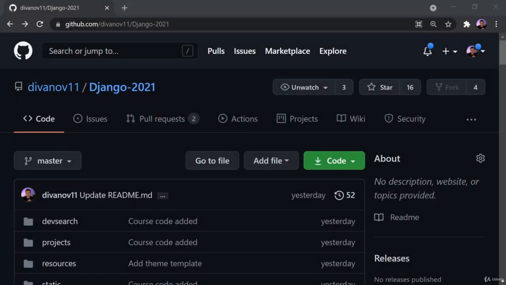Okay, so before we get started, I need to show you where to access certain resources that we need for the project, and I also want to show you my environment setup if you want to follow the same setup that I have. So the first one is the GitHub code for the entire project. This will be linked up in the video description, but if you want to download it or go to the link directly, just go to